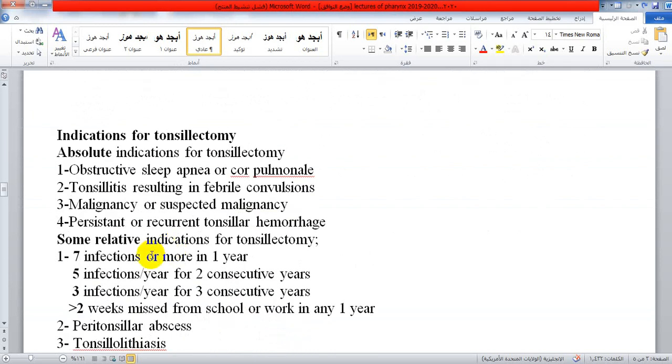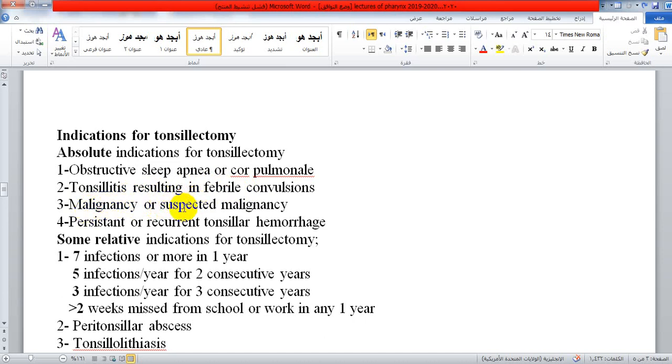Now we go to indications for tonsillectomy. Really, this is a very common operation, and the indications must be evaluated well before taking a decision for tonsillectomy or adenotonsillectomy. We have absolute and relative indications. The absolute indications for tonsillectomy: first, obstructive sleep apnea or cor pulmonale; 2, tonsillitis resulting in febrile convulsions; 3, malignancy